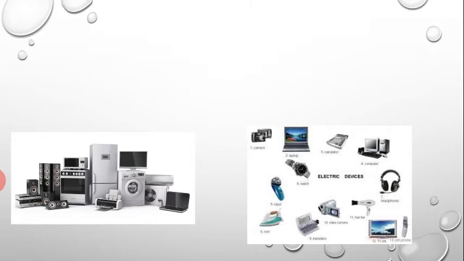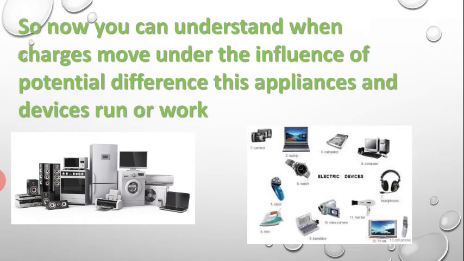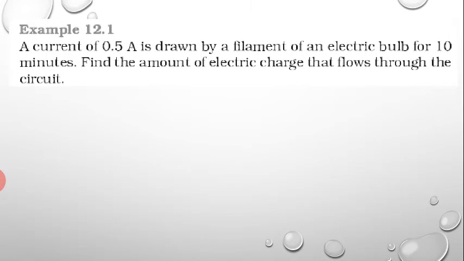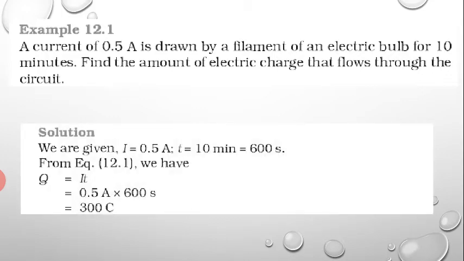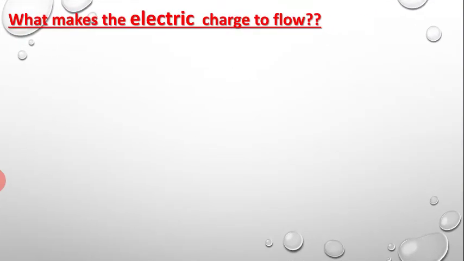Electric current flow करता है through the circuit of these appliances. The electrons are actually moving in these appliances in a particular direction, then these electrical devices work. Okay, so this is a simple numerical from your NCERT. You have to try to answer this, solve this numerical. Okay, that is based on the earlier formula.